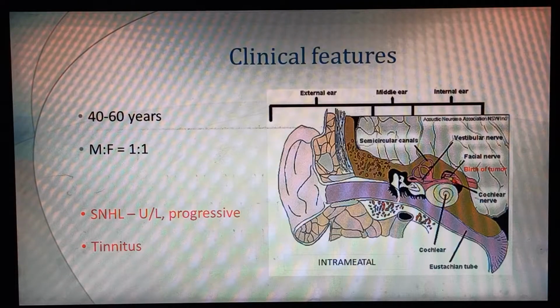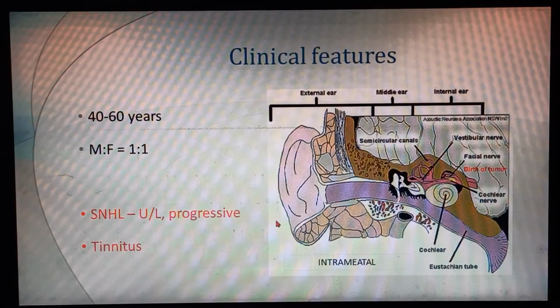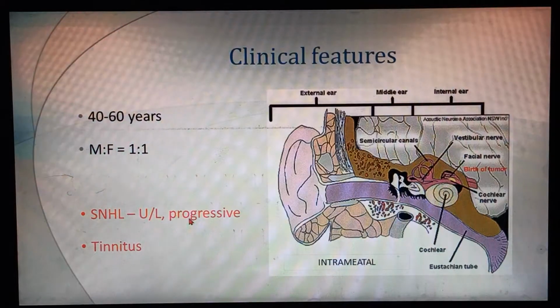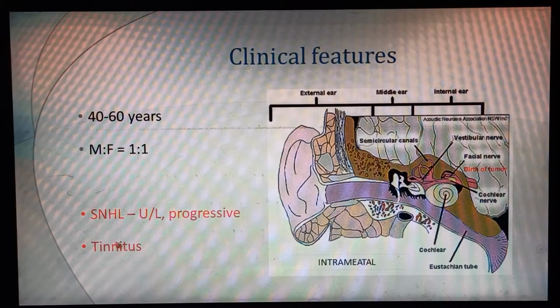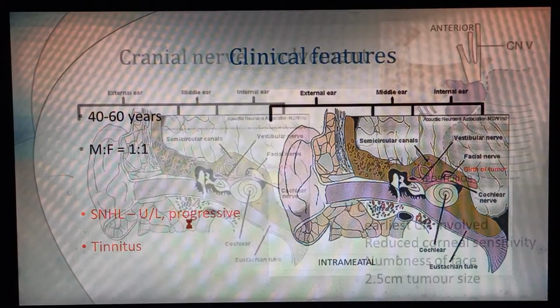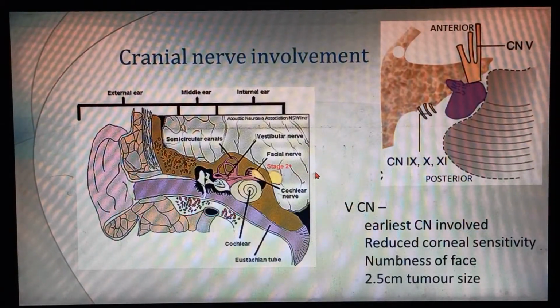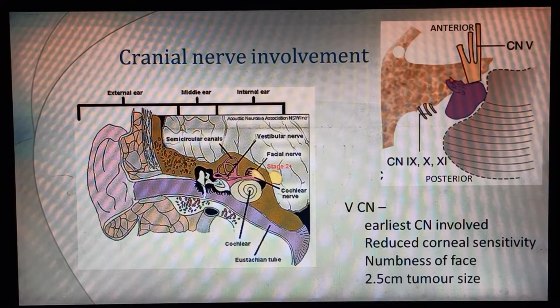Apart from that, due to compression of these nerves, tinnitus will also be a complaint. So the typical presentation of a patient will be gradually progressive unilateral sensorineural hearing loss with tinnitus as the initial presenting symptom. Okay, and next, if you see the cranial nerve involvement, once the tumor